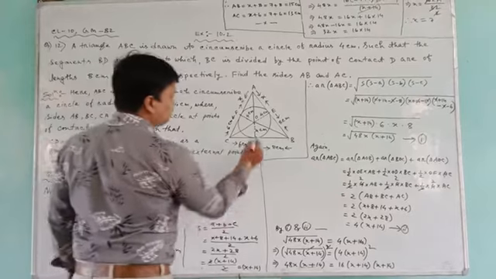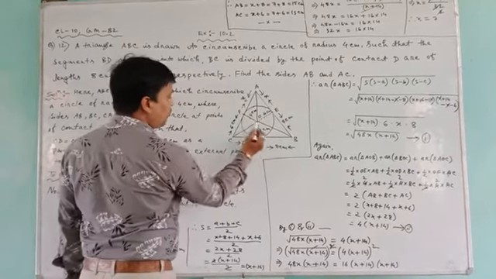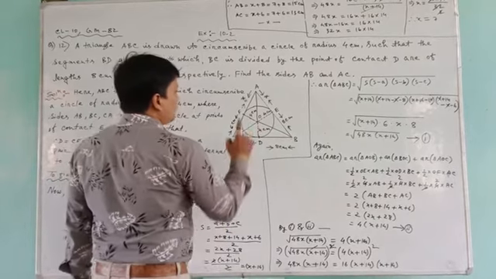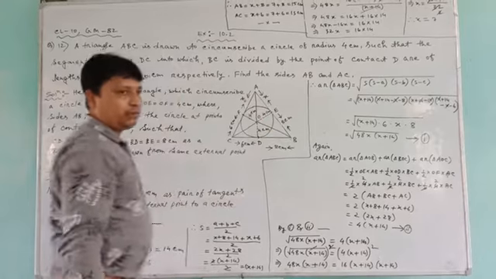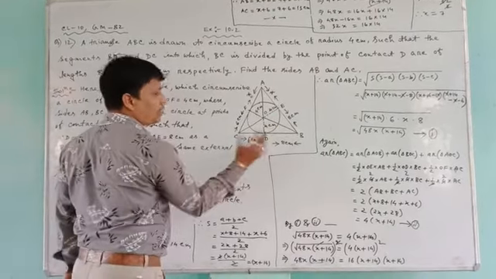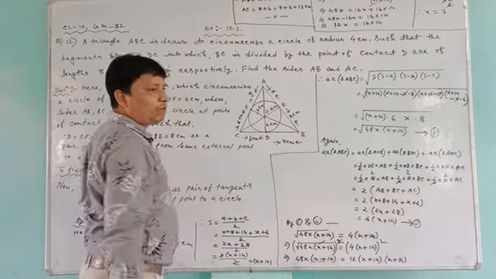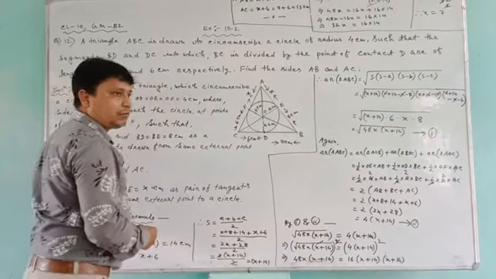Clear? So, radius 4, 4, 4 written, OA, OB, OC already joined. We have to find AC measurement and AB measurement, because BC is already given: 8 plus 6 equal to 14. This one is already given in the diagram. Just you see the question in the book.